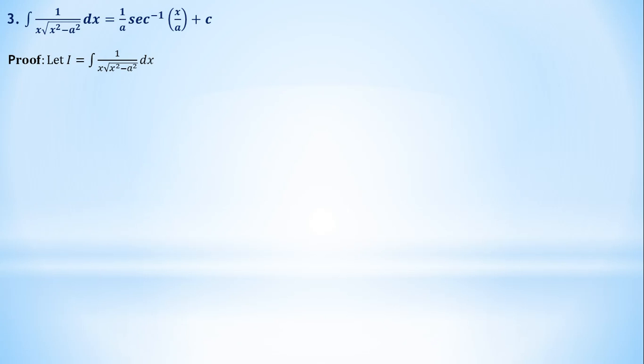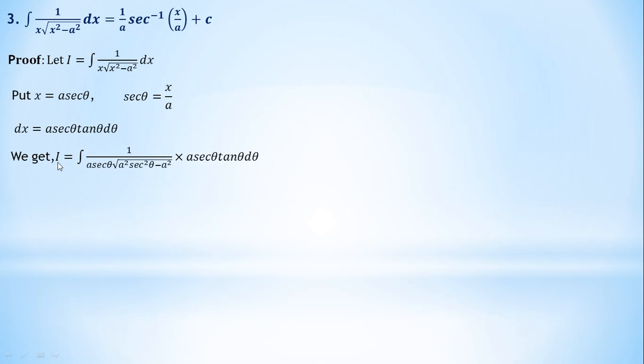Now whenever there is a term under root x square minus a square, remember under root only, then the proper substitution is x is equal to a sec theta. So another proper substitution is, root of x square minus a square is the term, then we have to put x is equal to a sec theta, that gives sec theta is equal to x upon a. Now as you put x is equal to a sec theta, that gives dx is equal to a, derivative of sec theta is sec theta into tan theta d theta,